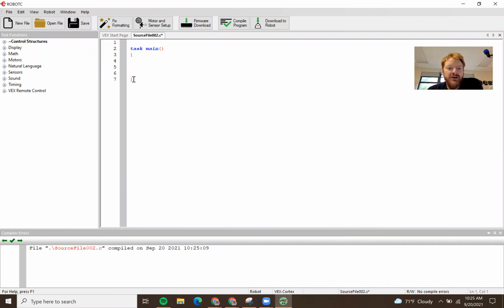You'll see curly brackets. All your code has to be written inside these curly brackets. You can't write down here. It won't make any sense because it's outside the start and the stop bracket for the code. So I will go in here, and first thing I need to do is tell the computer